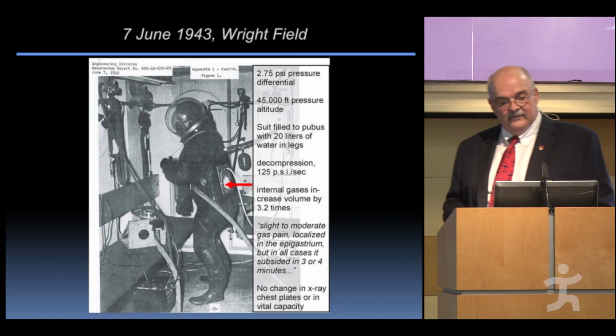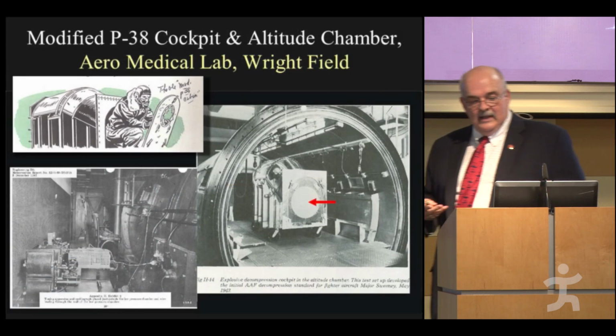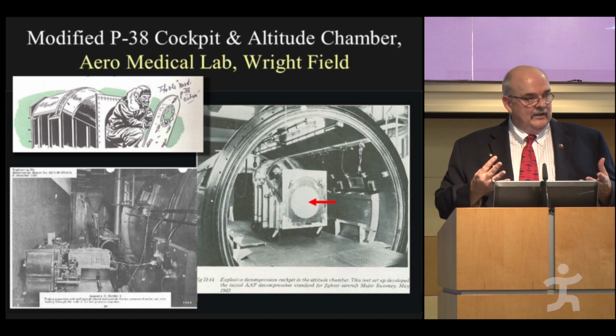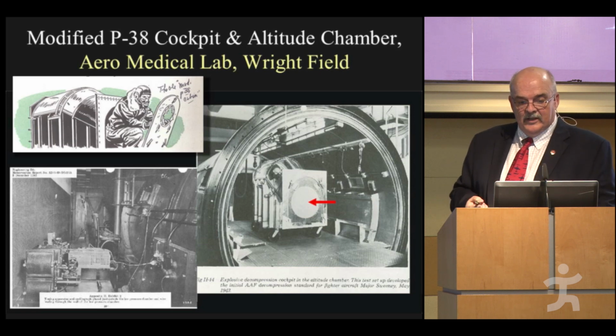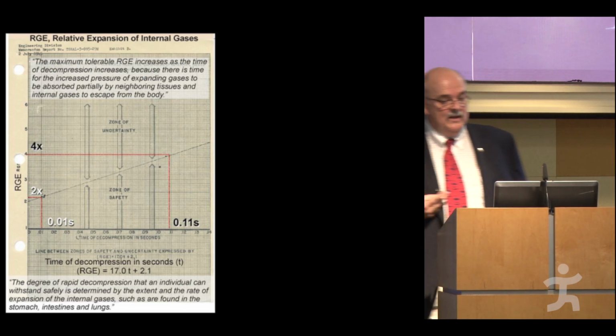So he survived. The next step was they wanted to come up with pressure differentials and rates of decompression. And they figured if you decompressed quickly, a big pressure differential wasn't a good thing because gases would expand and cause tissue trauma. If there was a slower decompression, you could probably withstand a greater pressure differential. So they began varying this orifice on this panel here and pressurizing this cockpit while they evacuated the air around them. They would pop that and measure the relationship between the rate of decompression and what happened to the man